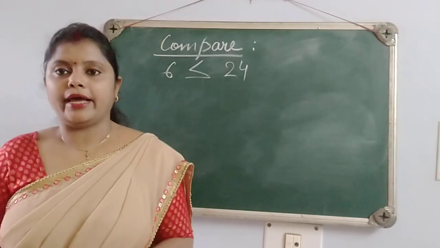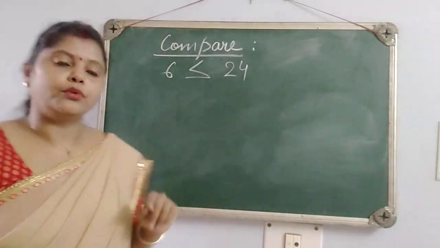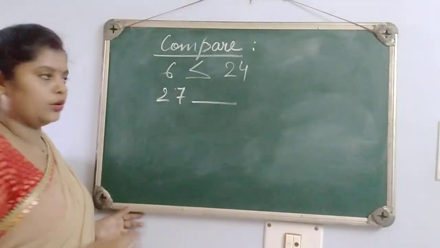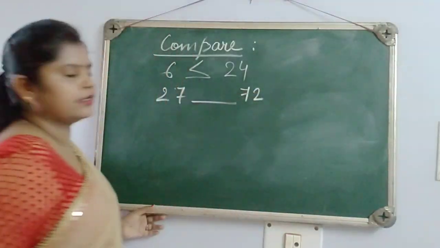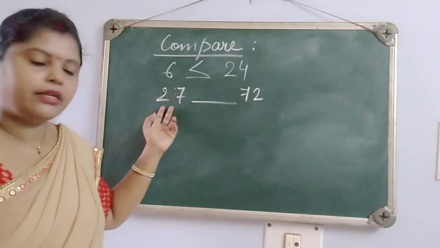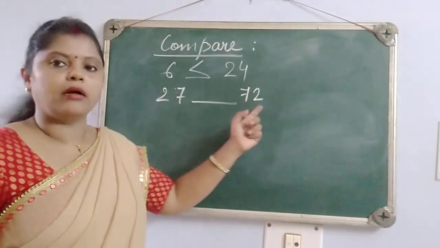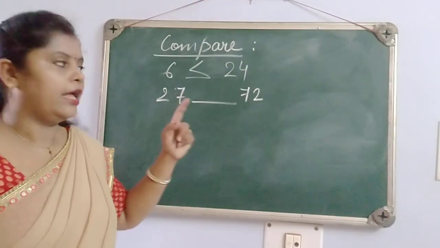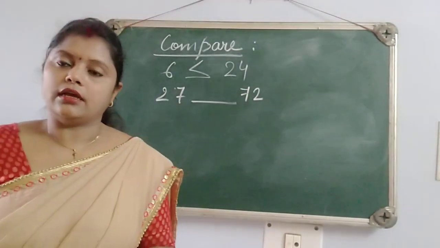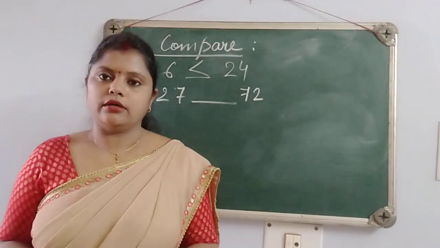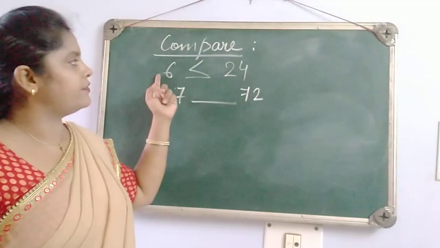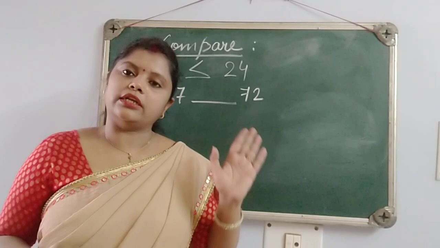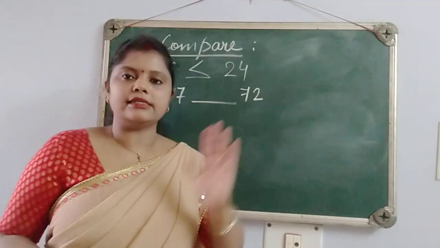But if I write a two digit number and another number with the same number of digits, that is, I have written here 27 and here 72, both numbers have the same number of digits. Here we have two digits, 2 and 7, and here again 7 and 2. Now how do we understand which one is bigger? Because in the first case we saw that the number which has more digits is bigger. This is a clear concept. The number which has a greater number of digits is the bigger one.